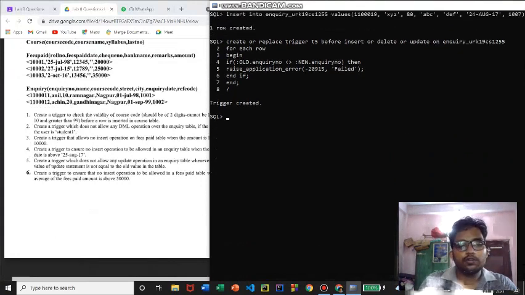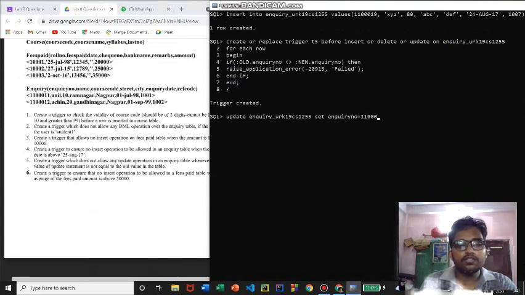Now we'll check the trigger. Let us try to update the inquiry table, and set inquiry number equal to some value; previously it may be some value.